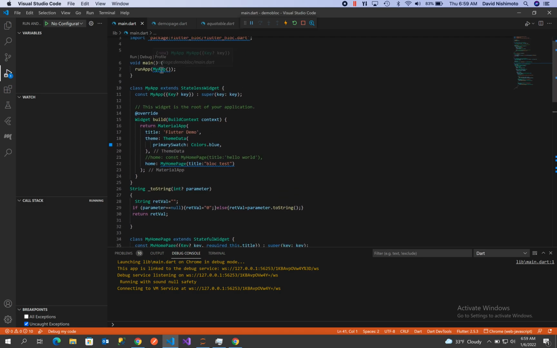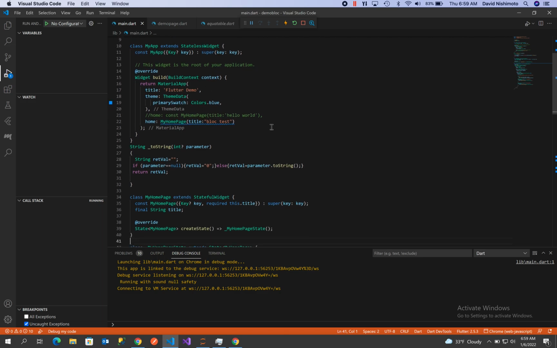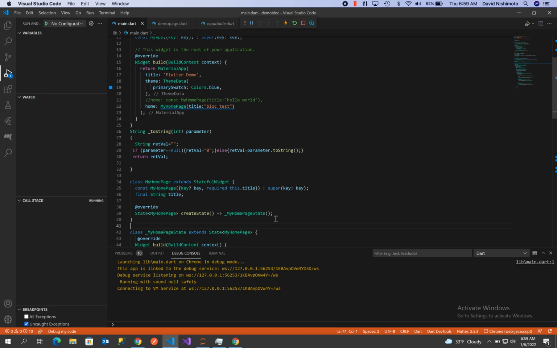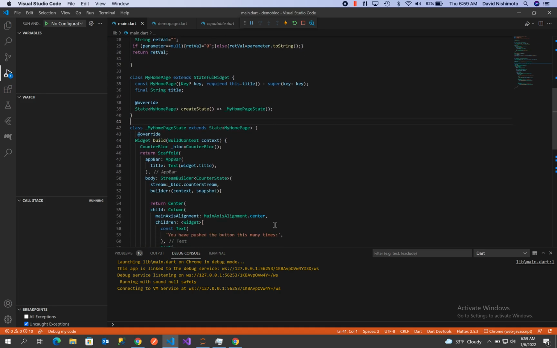So we start with our main app here in main, and then we move down into our build function or material app. And what we'll see here is in our page, which is a stateful widget, that we'll instantiate our BLoC code here. So I've got a module called counter, and what this does is it keeps it kind of a wrapper in a state.